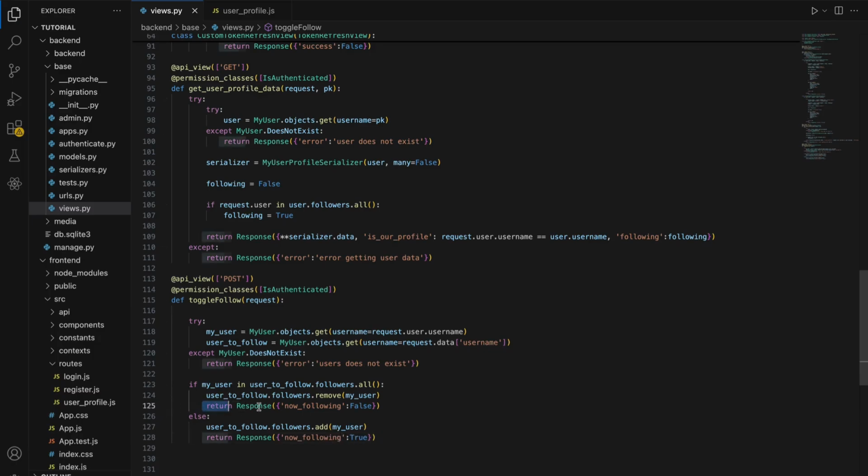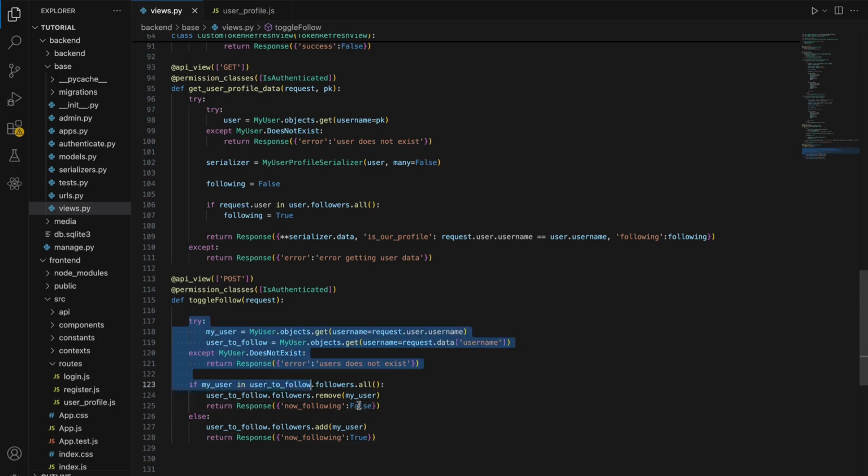The reason why we're going to return this is so that we can get it in our client side, in our React, and we can update it straight away without waiting for it to actually update in our database, because that's going to take a while for us to actually update the user. But we can actually update it straight away in our React with just this. Okay,